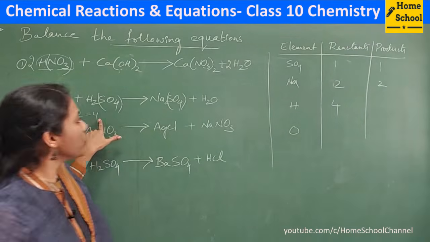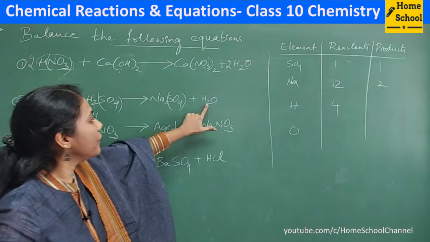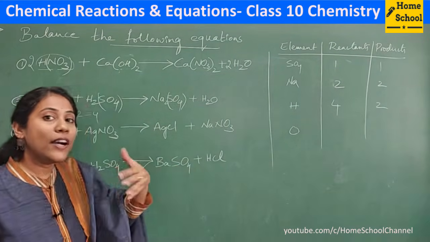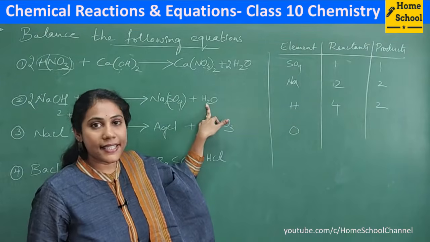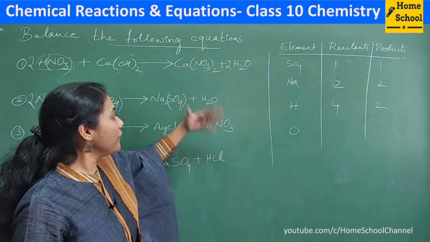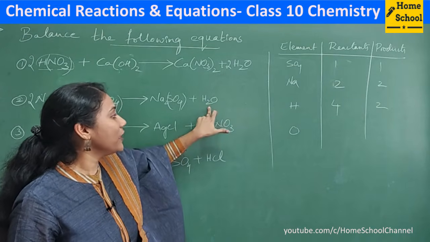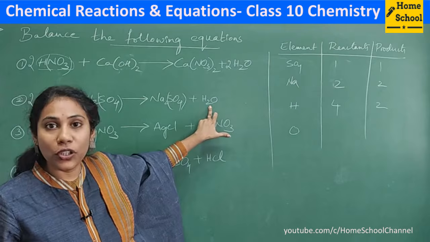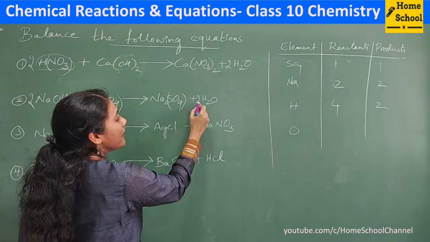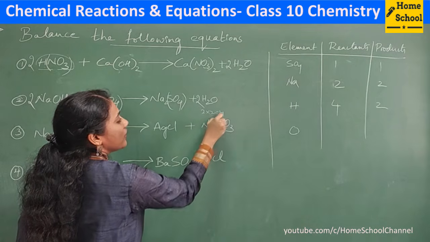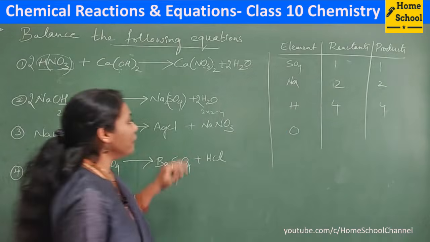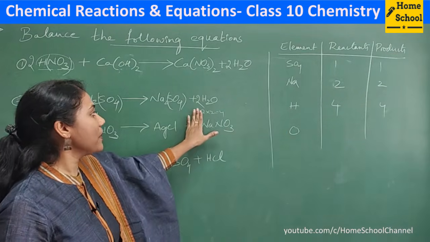So how many hydrogens in the product side? 2 hydrogens are there in the product side. So which side do you have to put numbers? Product side, it is less, no. So here you have to balance. So what digit if you put, you will make 4 here? You have to make these hydrogens 4, isn't it? So what digit will you put? If you put 2, it becomes 2 into 2, 4, isn't it? So now after putting 2, you will have 4 hydrogen atoms altogether.